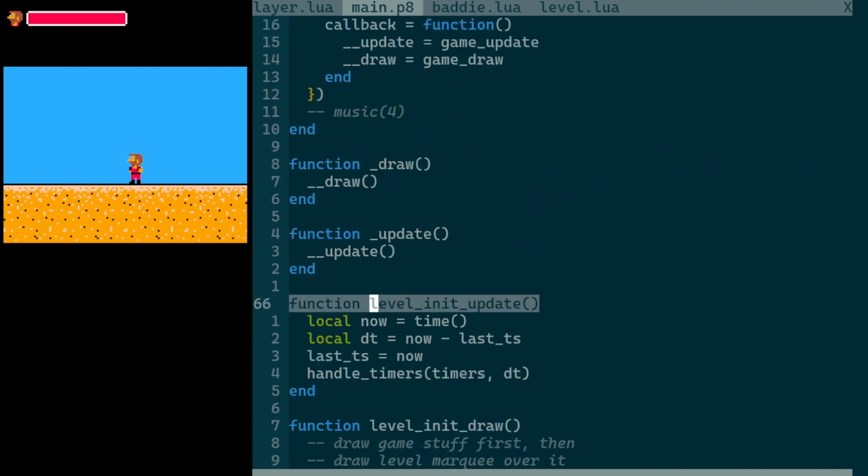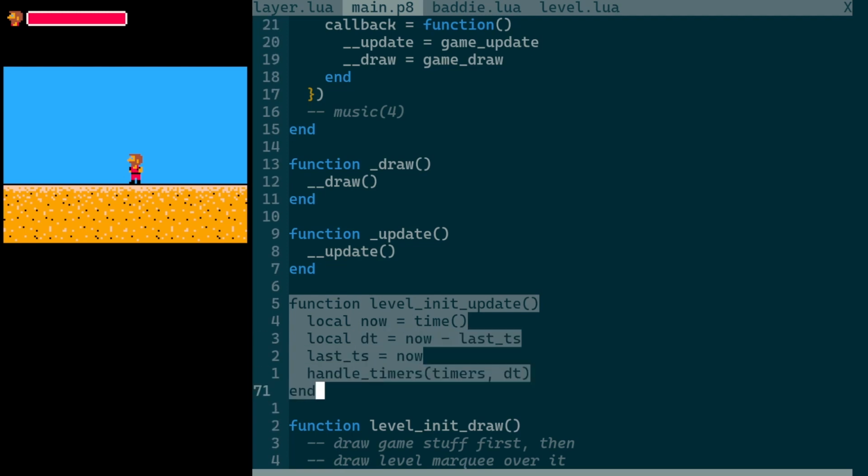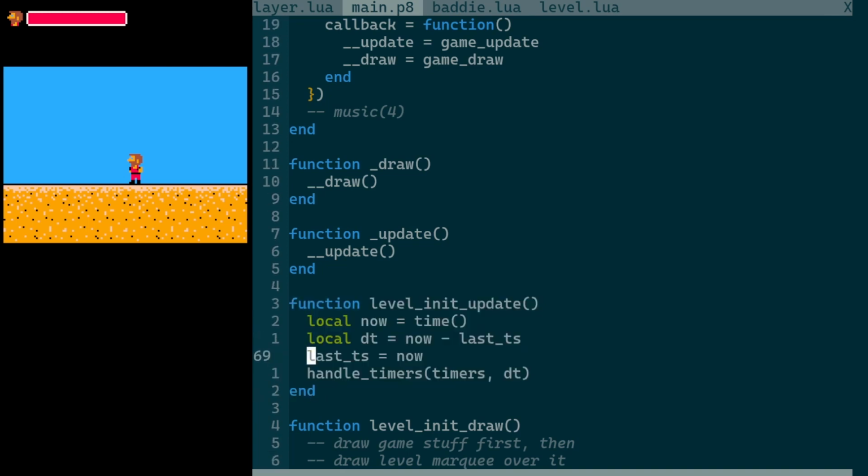So here's the body of our level init update function. The only thing that's going on when we're showing the level marquee is we're checking the timestamp, setting the last TS to now, and we're handling some timers. That's it. Not much going on there. Because again, we don't want to read the player input, at least right now. We just want the timers to be checked